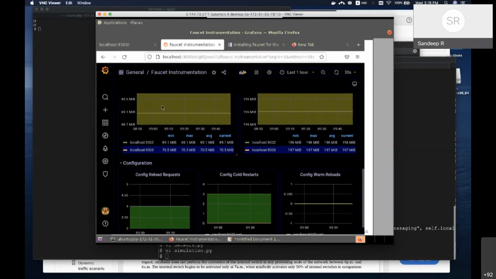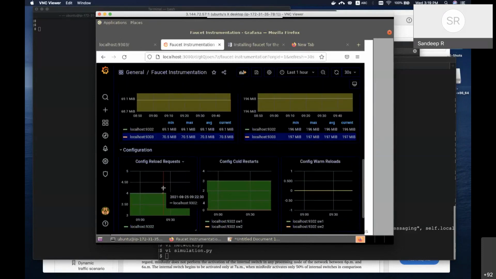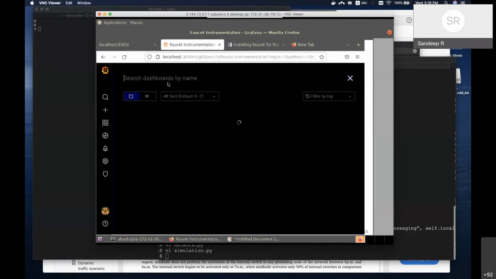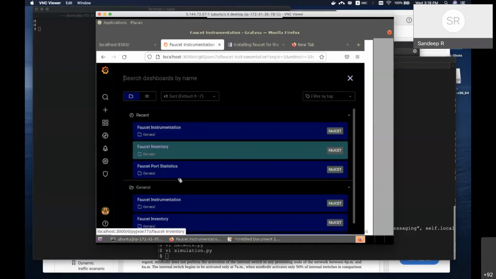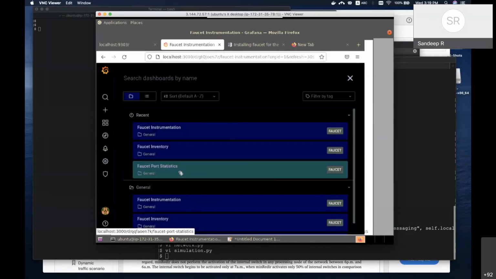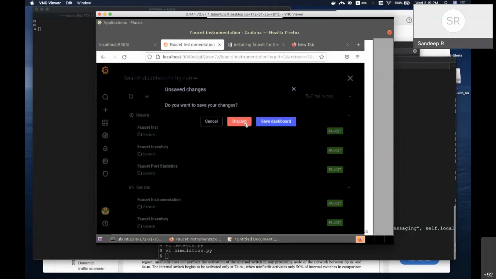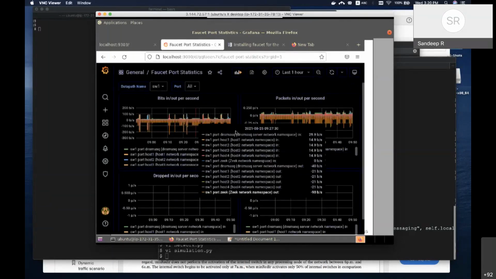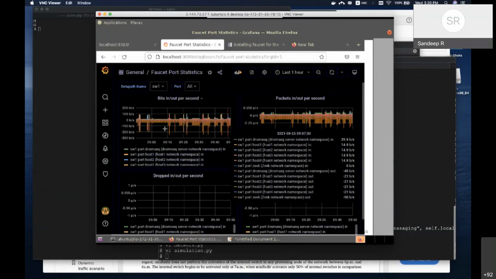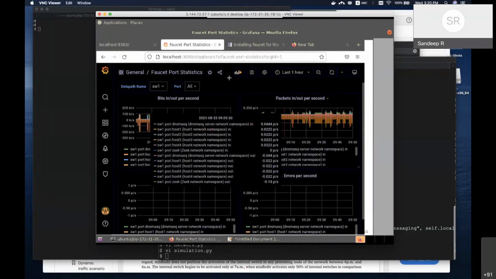So this gives some statistics, the load on those virtual machines. This is more of monitoring statistics, CPU usage, all that will come. And then finally the port statistics: how much traffic is actually going between the systems.